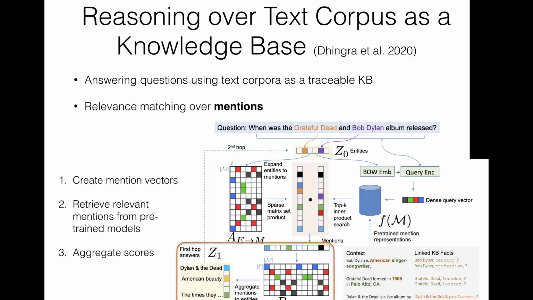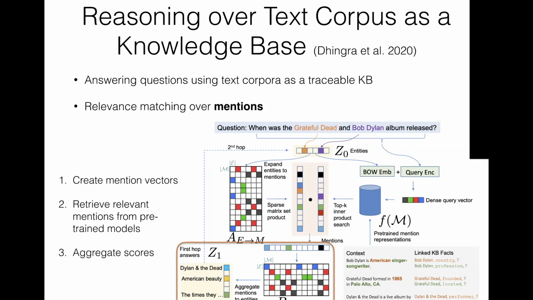to finally get which entities have higher scores than others. I forgot to mention that Z0, the first entity vector, the very first step, Z0 is a one hot vector. So Grateful Dead and Bob Dylan is turned on, rest of them turned off. But after going through these processes, you get score values, and you use these scores if you want to go over the second step. So second hop edge, dashed edge will go over to Z0 again, and they are now as many times as you want, iterate this process to